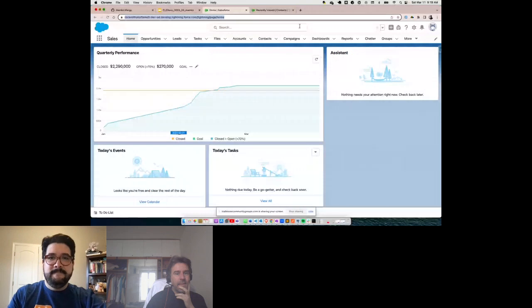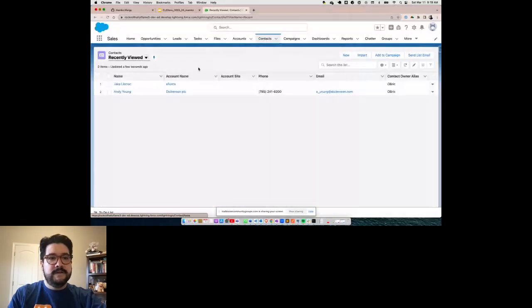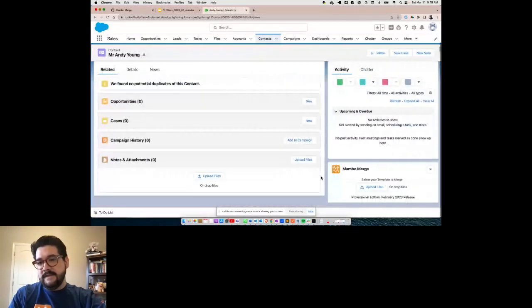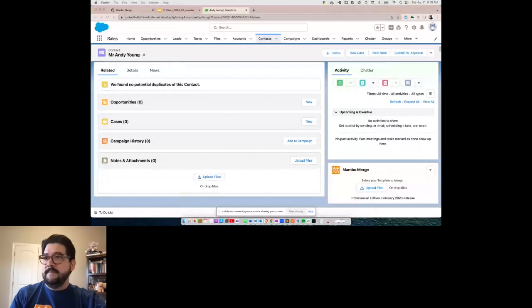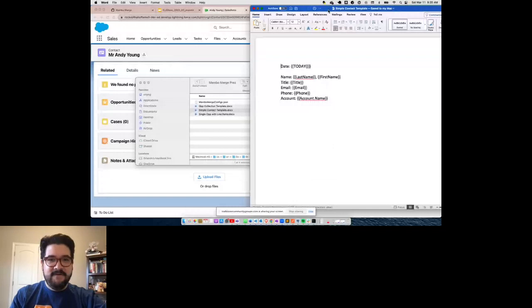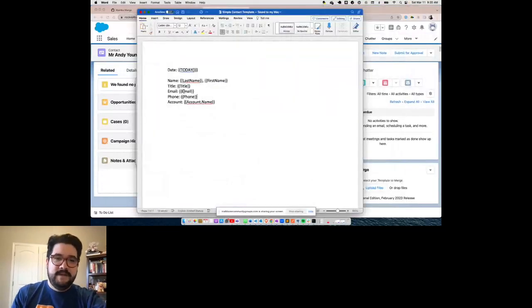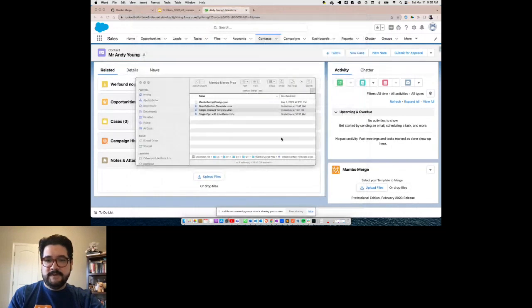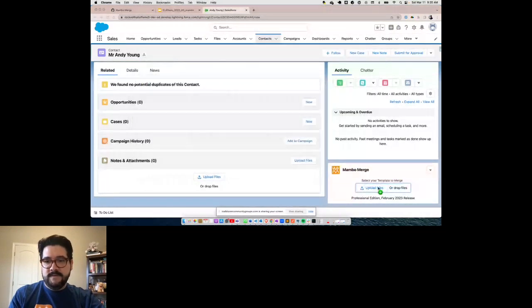So here we have a developer org. We're gonna go to a contact record. And here we already have the merge component. I have a few templates prepared. So here's, with the very apt name, the simple contact template, it's just fields on the contact record, and just this one referencing the account. And this is a function to give today's date. And simply what we're gonna do is drag and drop on the component,